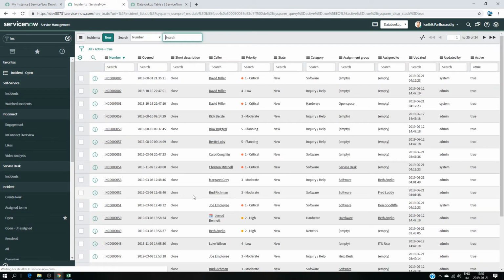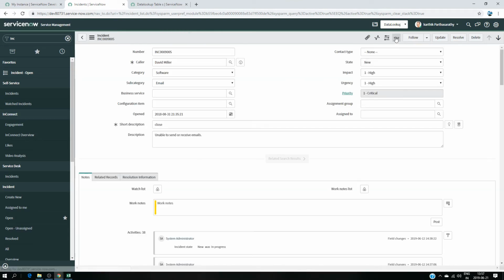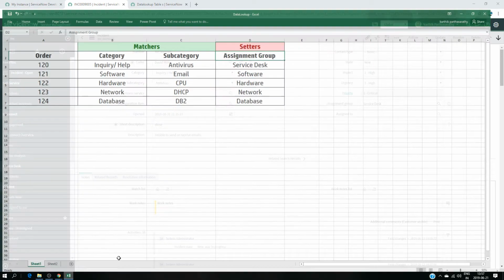So I'm going to open an empty one. It's going to be global. Okay, and I'm going to choose inquiry and antivirus. As you can see here, we have service desk immediately. So it's working perfectly. Now what we have to do, we just need to complete the rest of the table